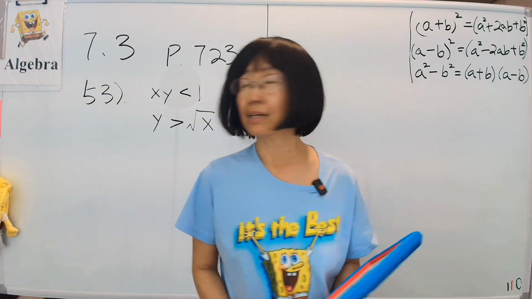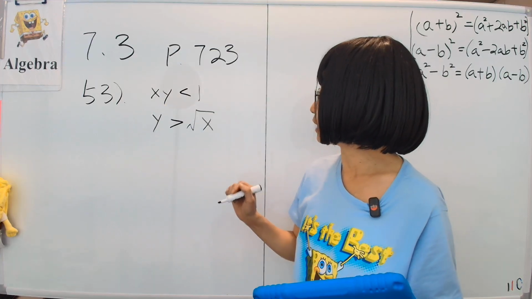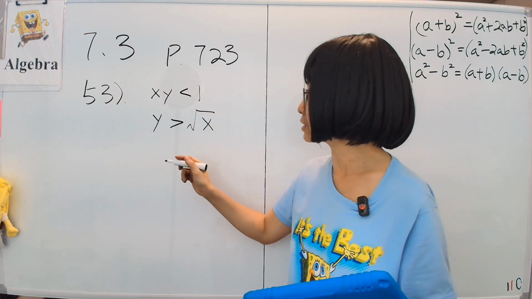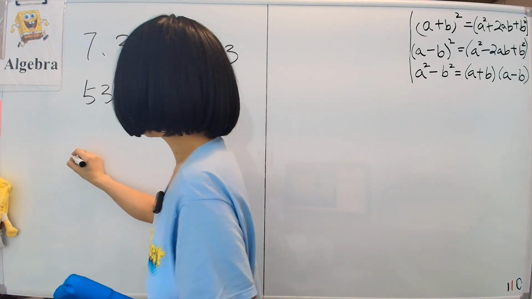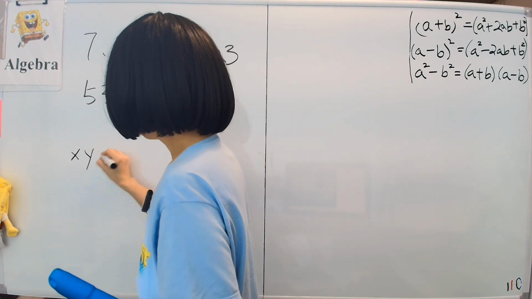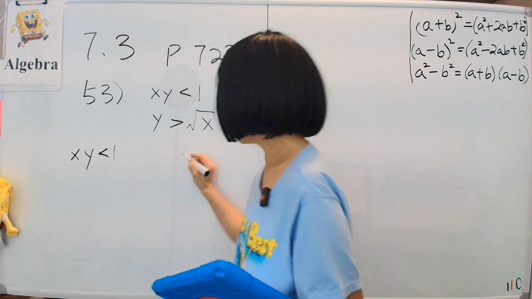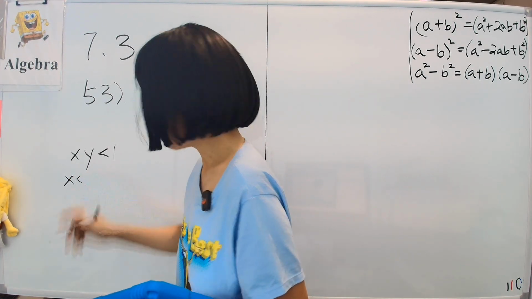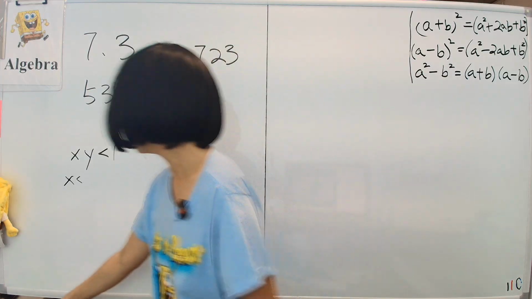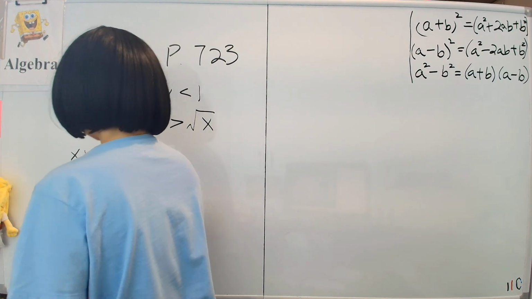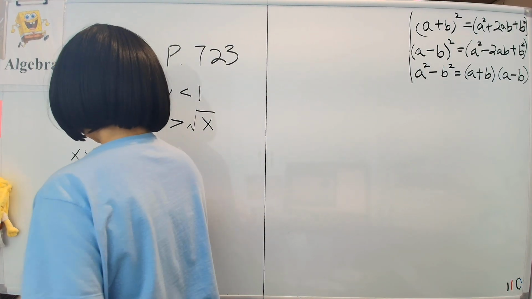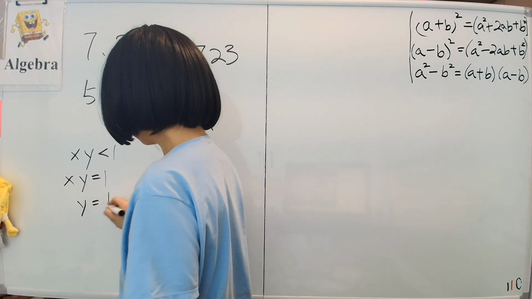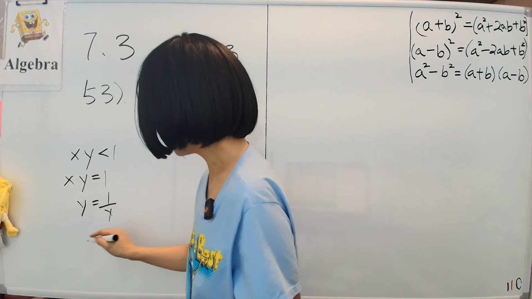All right, next, let's consider problem 53. We have x times y is less than 1. Let's graph that one first. So if xy is less than 1, what is that? Let's consider the equation xy equal to 1. If xy equals 1, then, or put it another way, y equals 1 over x. That would be the equation that looks